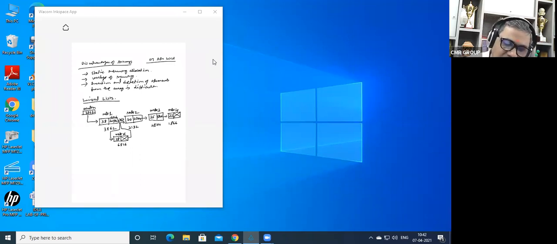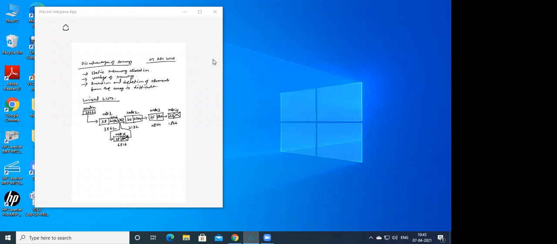Now, there's a link between node X and node 2. After node X, node 2 comes. So the address of node 2 should be stored in the address field of node X. That should now be overwritten with 2132.